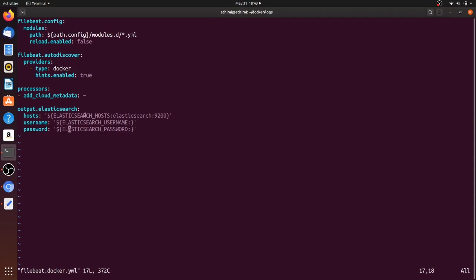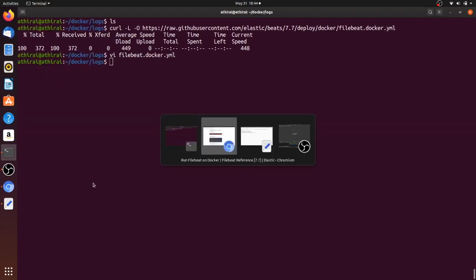So here, if the Elasticsearch hostname is not set, it will use elasticsearch:9200, which is okay. And username and password, we don't have any, so it can be blank. So that is okay. Here you have to see the autodiscover should be true with the provider type as Docker, so that it will be able to pull metrics from all our containers.